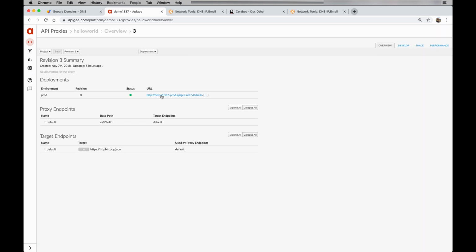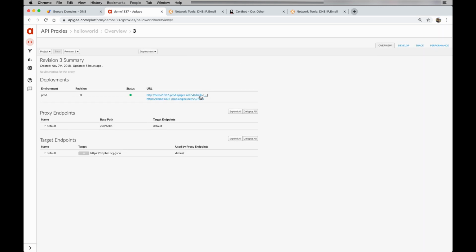Right now you can see that if I expand this, this proxy is listening on the other two virtual hosts that I had, the secure and the default virtual host. So in order to make this proxy listen on the new demo virtual host, we need to make a slight change in the configuration. So let's go into the develop tab,